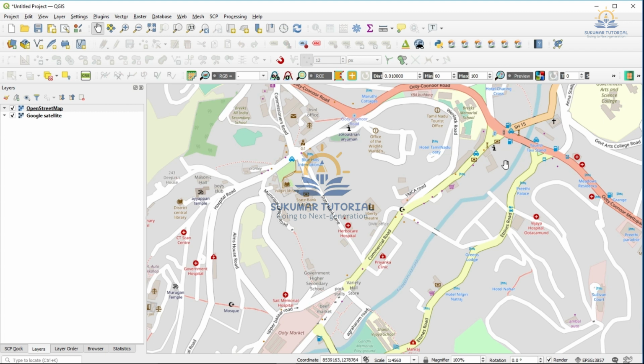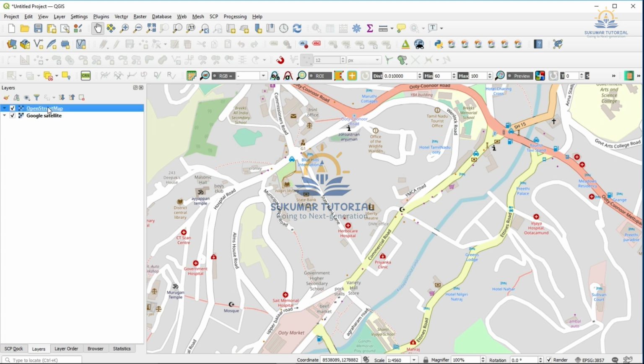So we can derive data, digitize data from satellite imagery also: point features, line features, and area features. Here I have taken hospitals from OpenStreetMap for point features, and then using Google Satellite map, I digitized the road from one point to another point. Similarly, the racecourse also I digitized, and then we can also find out the area for it.